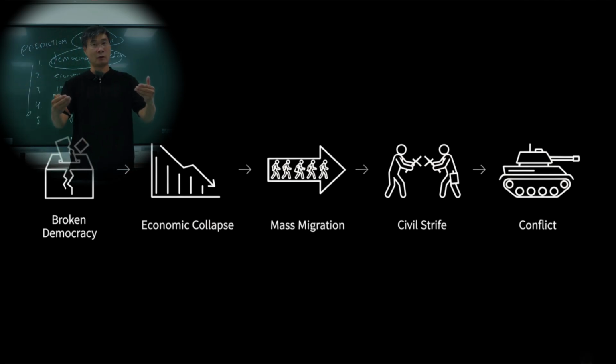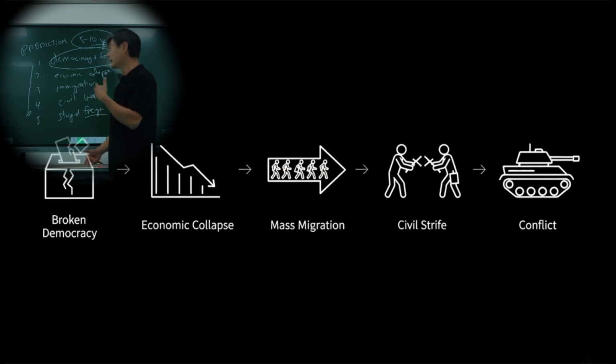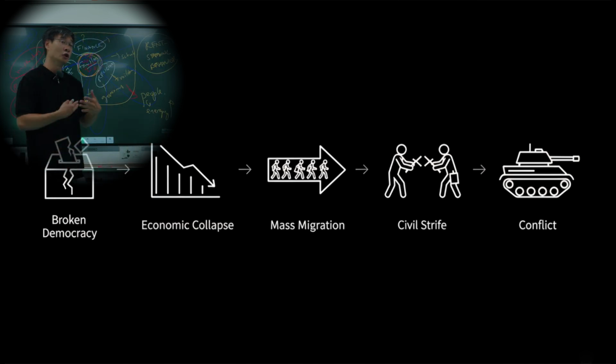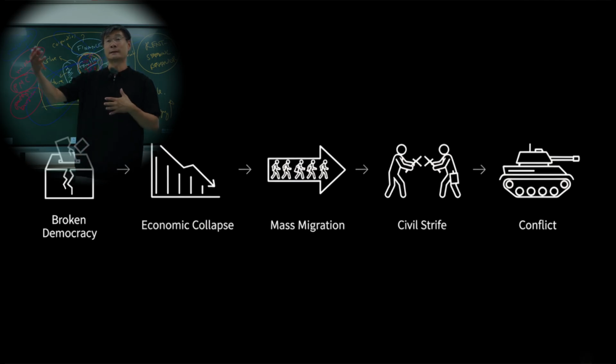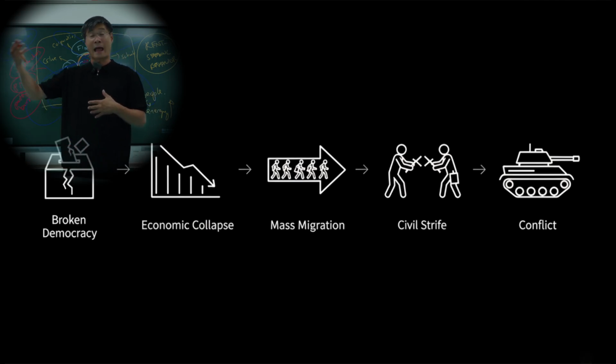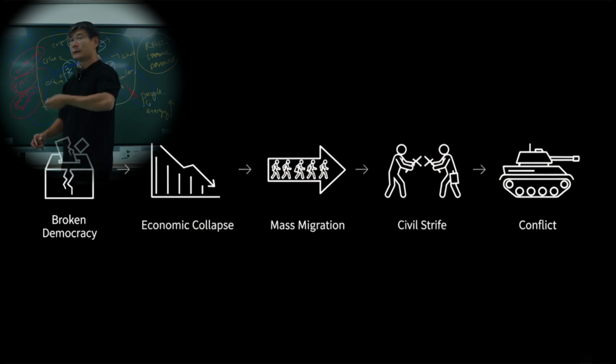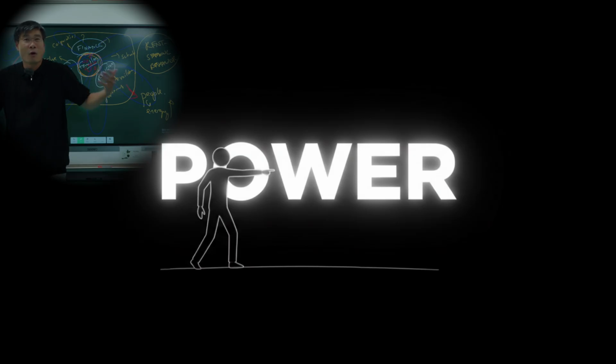But I'm trying to explain to you how power works. That's the theme of this course. I'm trying to explain to you how people in power think and behave. All right? And again, I keep on saying this. I don't know if I'm right. But what I'm doing is I'm presenting a theory, a model that we can use to make predictions. And if these predictions work out, if it actually happens, then there's some accuracy to our model, okay? We'll have to refine our model, but there's some accuracy to it. But hey, if tomorrow Trump, Putin, Xi all get together and say, let's be best friends, then I'm wrong, right?